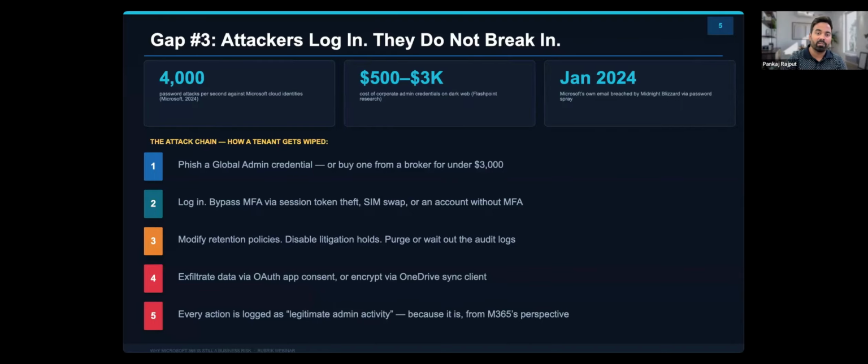So here is how the attack plays out against a typical M365 environment. Step one, the attacker gets global admin credentials. They phish them, buy them, or steal a session token, which bypasses MFA entirely. Right? Step two, they log in to your tenant. This looks completely normal. Step three, they modify your retention policy. Obviously, once they have access to your global admin, they can do whatever they want. They can disable litigation hold, they can purge, or simply wait out that 90-day audit lock window, right? Which gives you control to basically auto-expire, right? Step four, data leaves or gets destroyed. Step five, every action is recorded as legitimate admin activity because from your system's perspective, it is legitimate,